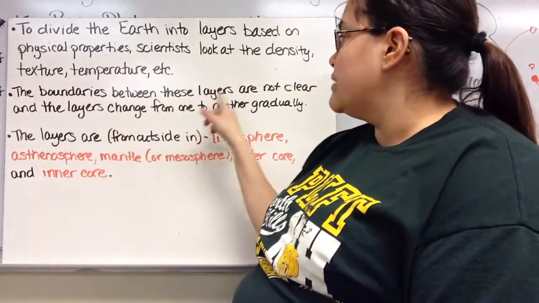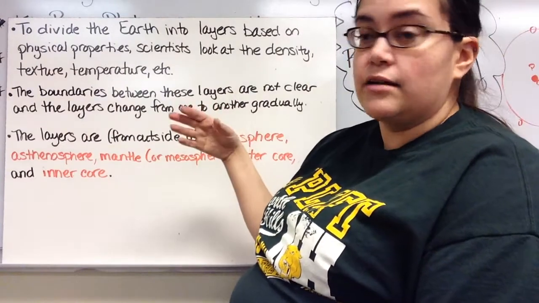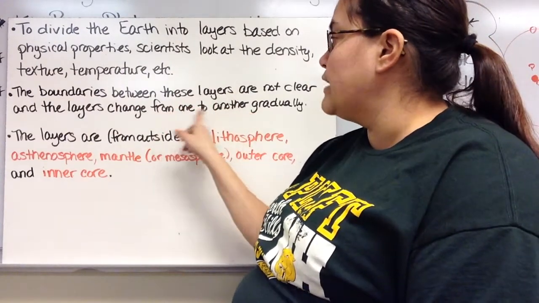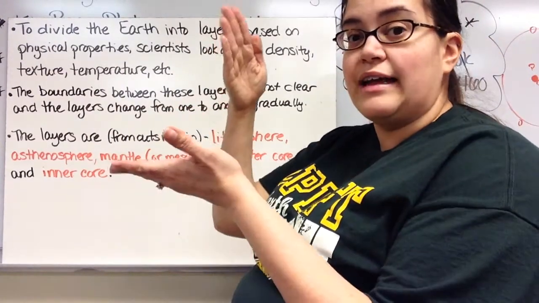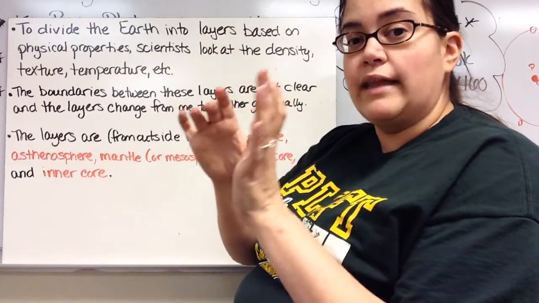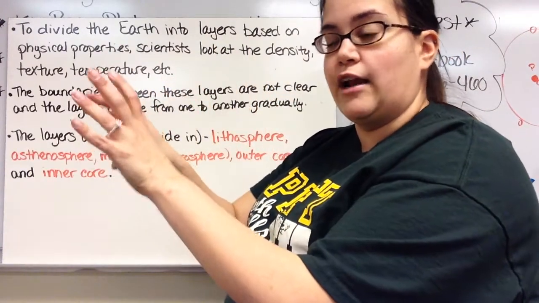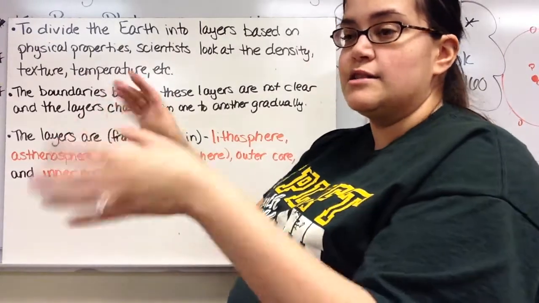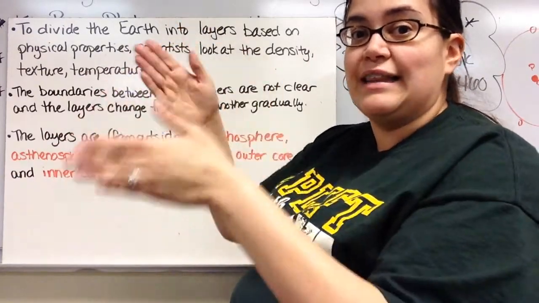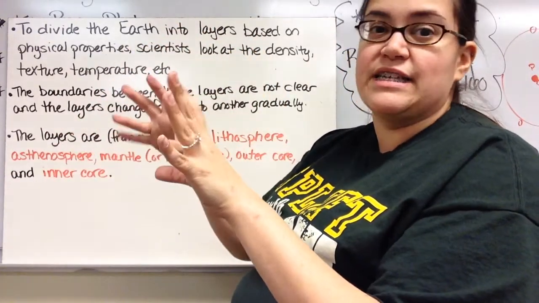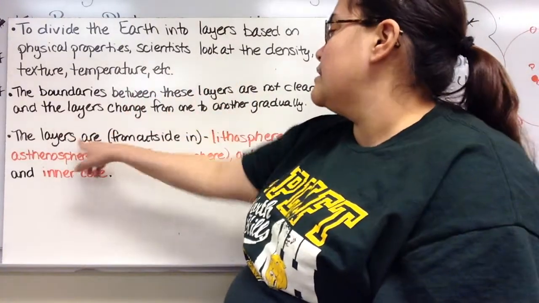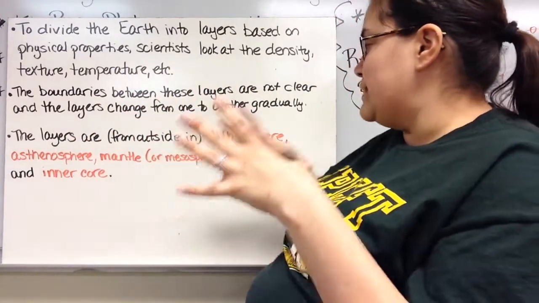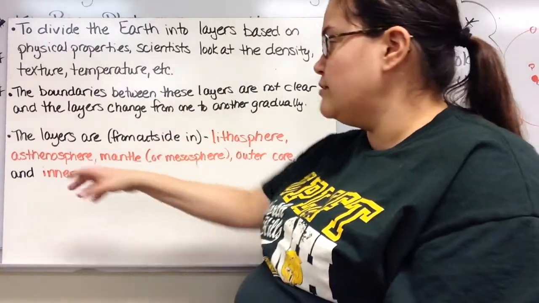So the boundaries between these layers are not really clear. They gradually change from one layer to another. So there's not that exact boundary. One layer kind of gradually turns into the other one, kind of gradually turns into the next one. So the boundaries or the dividing lines between our layers are kind of fuzzy. They're not real clear. So the layers from the outside in are the lithosphere, and then the asthenosphere,